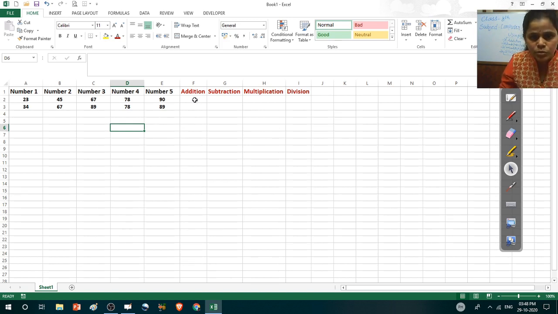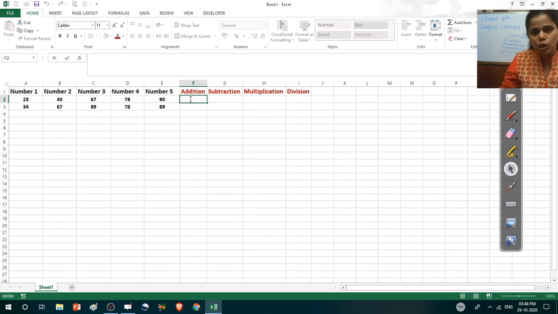So just click on the addition cell, double click on this cell, and the cursor will appear. Then using the keyboard type the equals sign first, then you want to add the numbers, so just type the cell address.